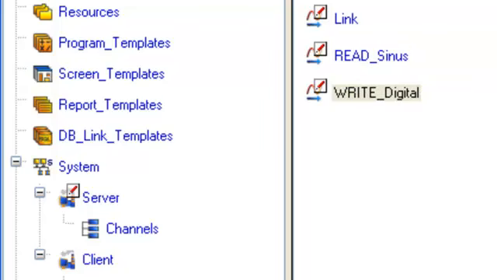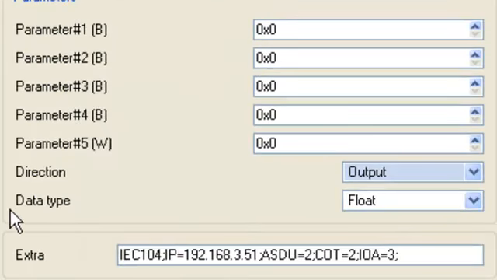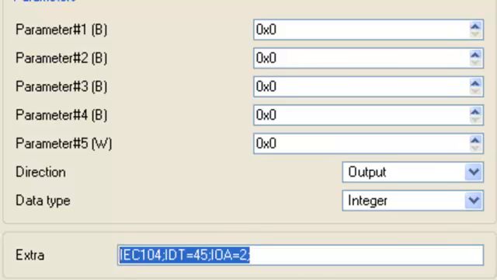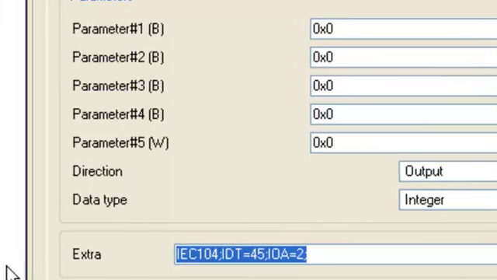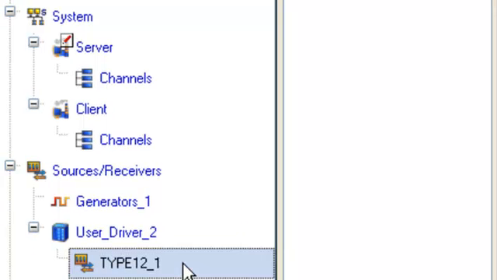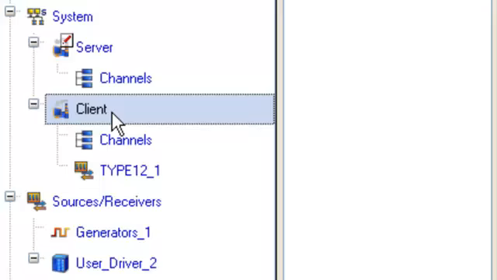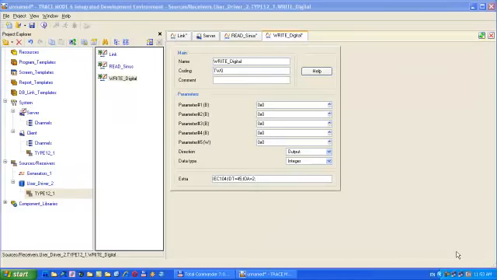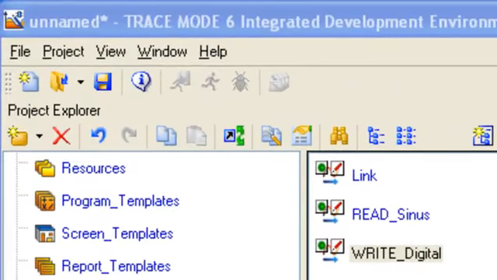Change direction to output, data type to integer. Extra. Well, after that, we drag and drop group type 12 from the layer Sources Receivers to the client node in the project tree. OK, these are our channels. Now we should save our project on the disk